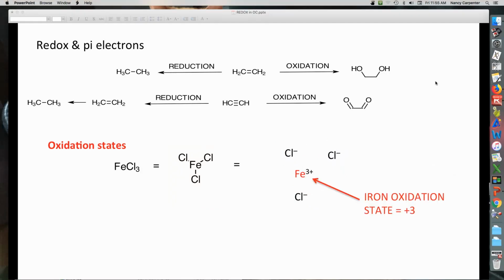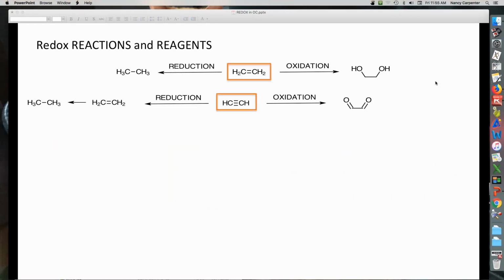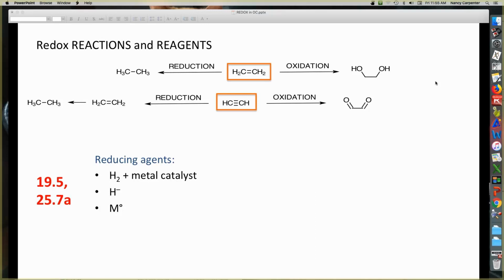Well, we're actually going to do that in O-Chem as well, but before we do, let's just focus in on how knowing reduction or oxidation helps us. If I know I'm reducing my functional group by adding hydrogens, that means I know I have to use a reducing agent. And we'll see in chapters 19 and 25 that there are some pretty common reducing agents. And the nice thing is, reducing agents, I hope, make sense. Hydrogen,